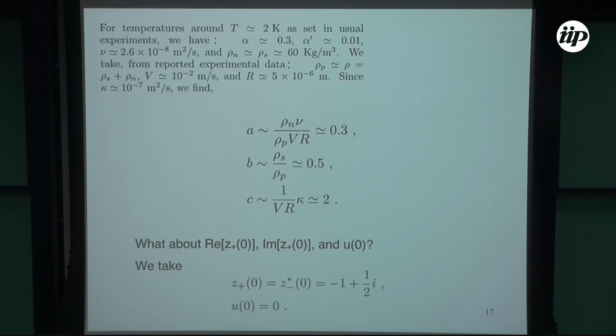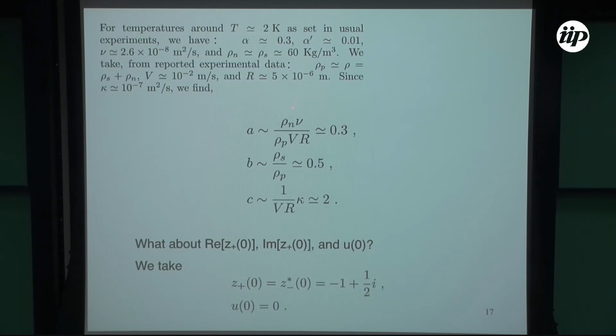So just go for some experimental work and take data from these works to estimate the values of A, B, and C. So you see that these are small numbers, 0.3, 0.5, and C is equal to 2. Which is something amazing because you were working here with numbers with very different orders of magnitude. By the end, you get some nice numbers, not that big or small. But it remains still, and alpha prime, we're just going to cheat from the 3-dimensional values. Alpha is 0.3, alpha prime is